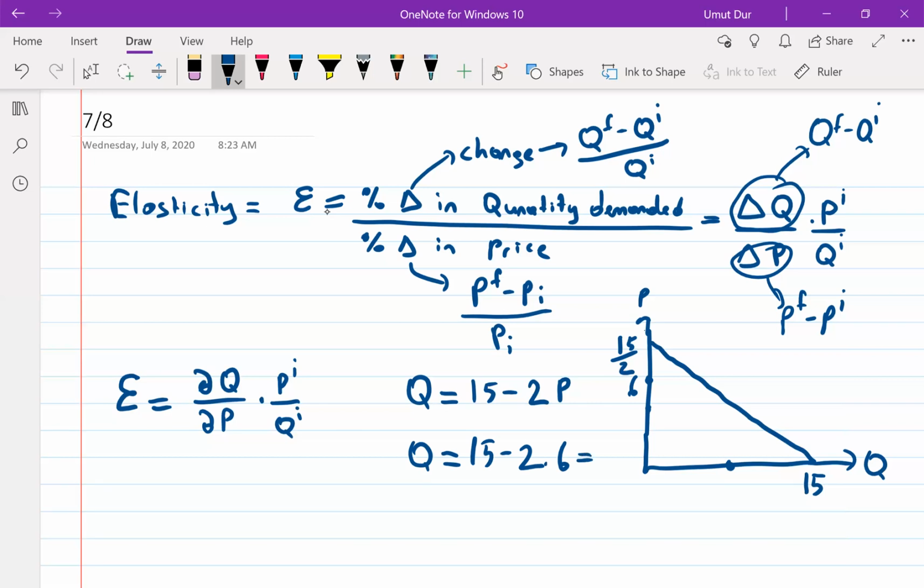It is 3. So if you would like to find the elasticity at this point,